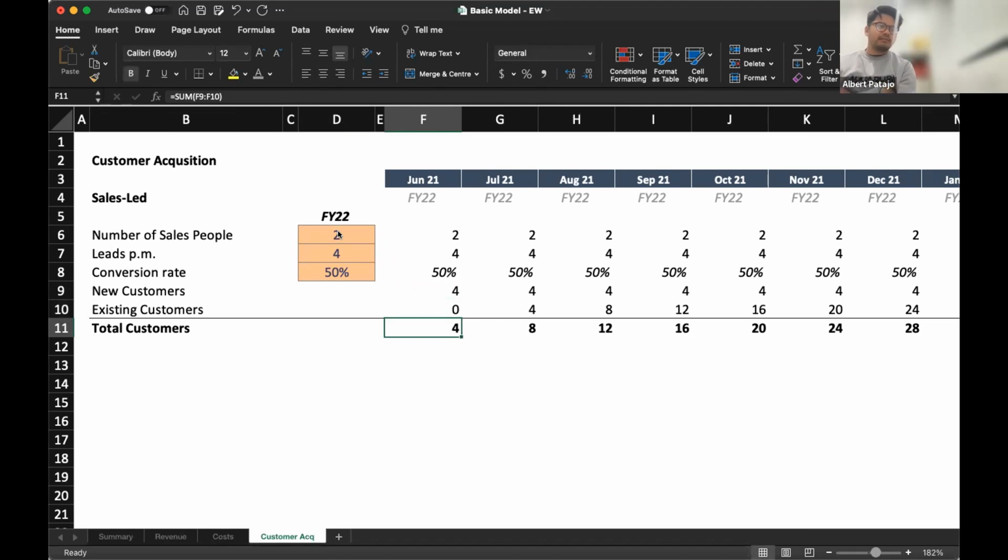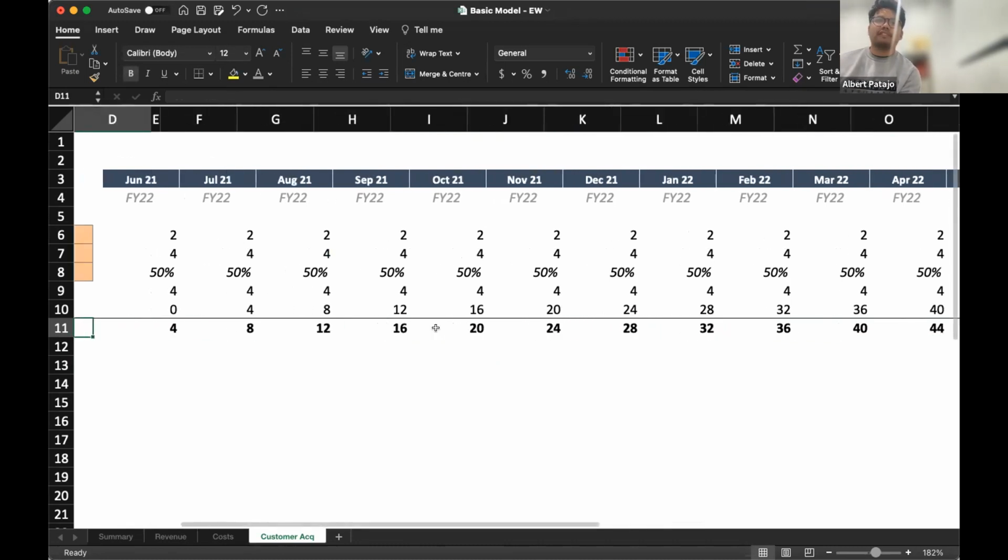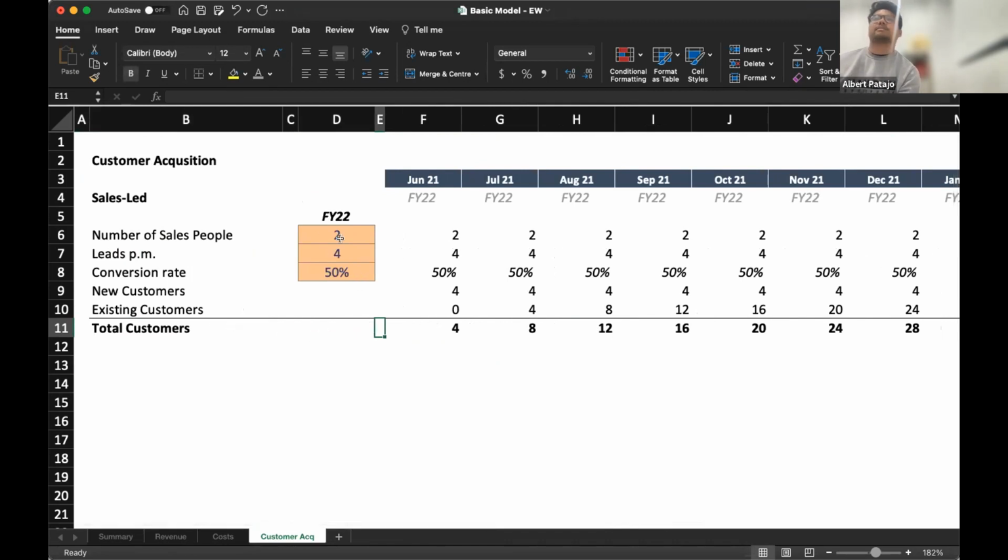In a lot of financial models, people will build something to assume growth. So they'll say they're going to grow their customer base by 10%, or they'll grow revenue by 10%. But in this model, I haven't assumed growth just comes free. I've assumed that this comes based on sales and how that sales funnel works. So now I've got my new customer breakdown, and I can see each month that's growing pretty nicely to the end of the year. Last month, on May 22, I've got 48 customers at the end of that period. So I've just taken that and forecast my customer growth rate.